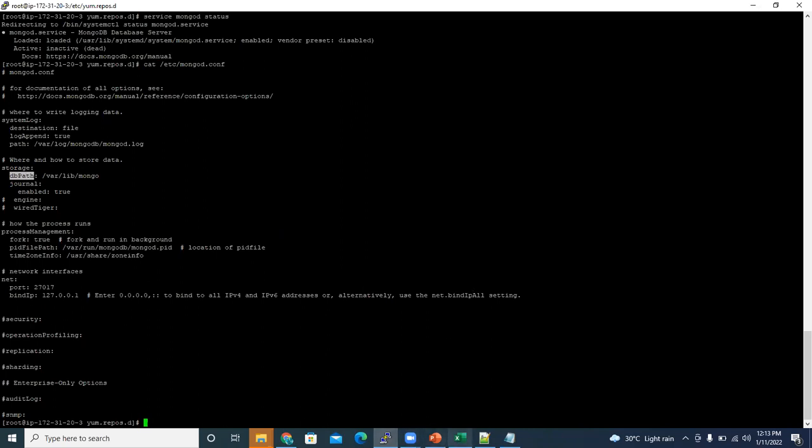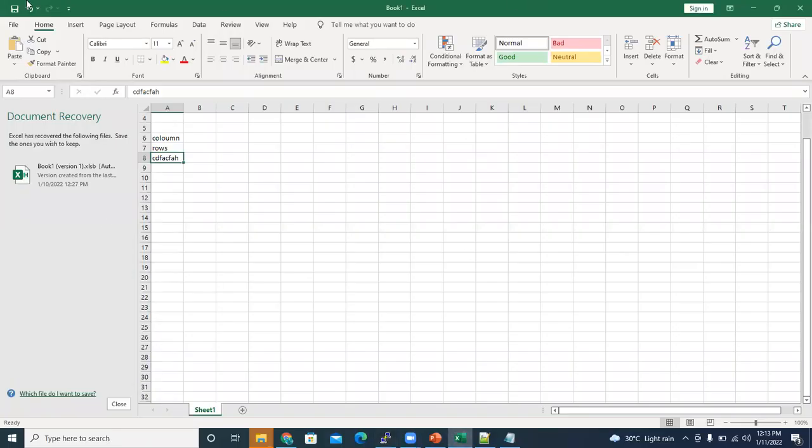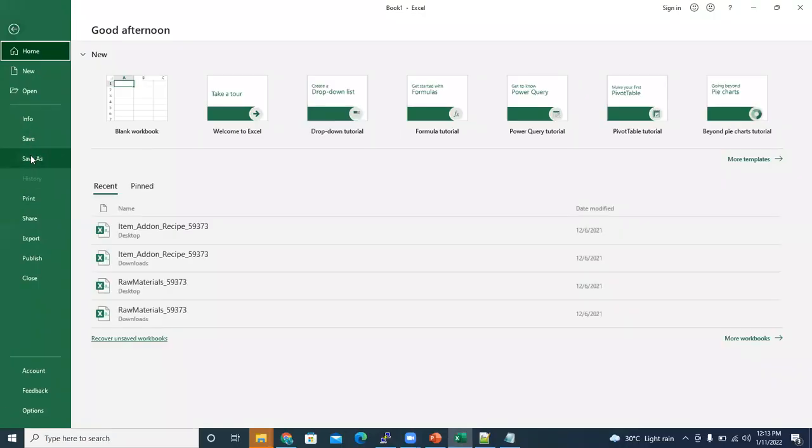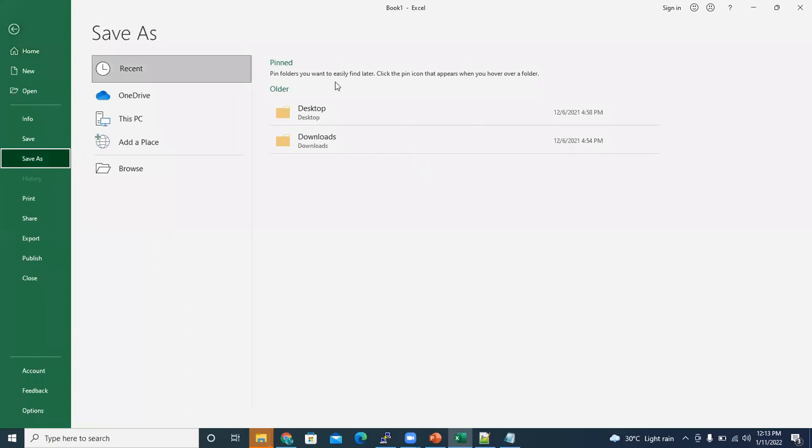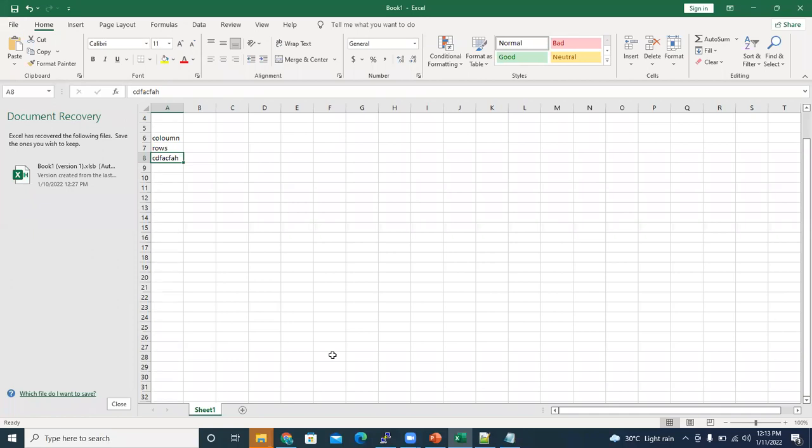For any database, we need a data directory to store the data. See, we need a disk to store this Excel sheet, correct? If I want to save this, it will ask me where do you want to save. So we should give some storage, some mount point, where it will store the data.